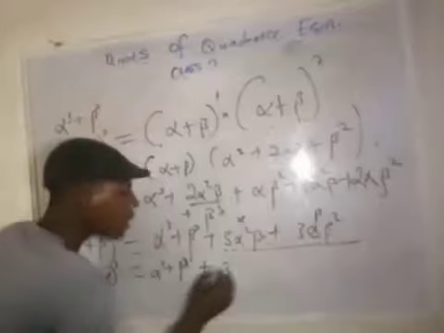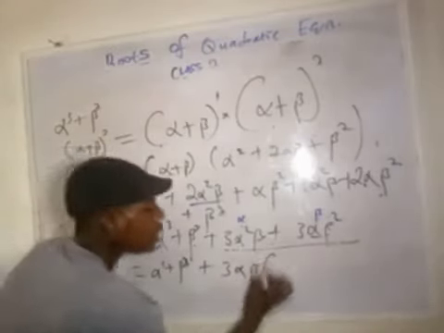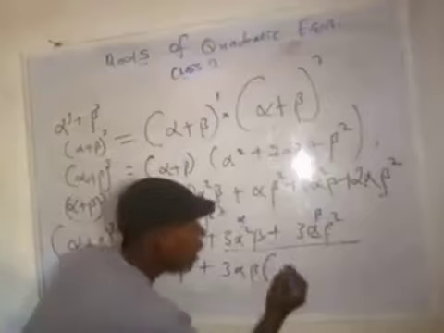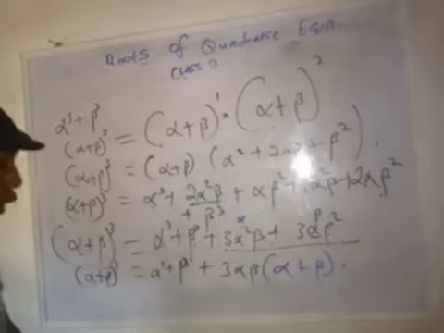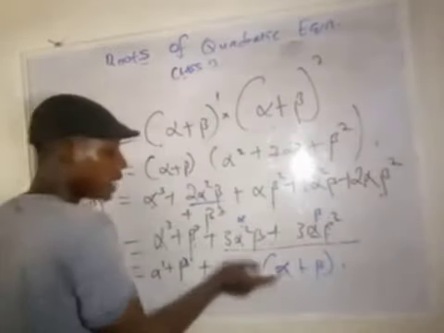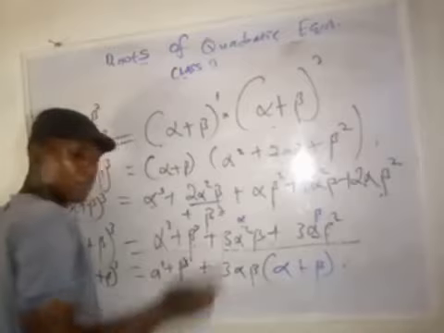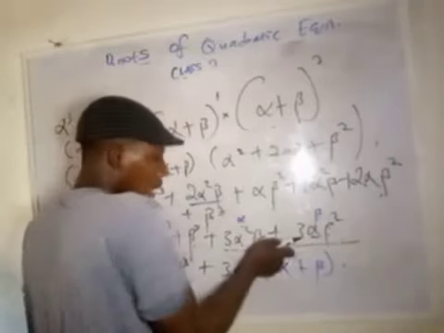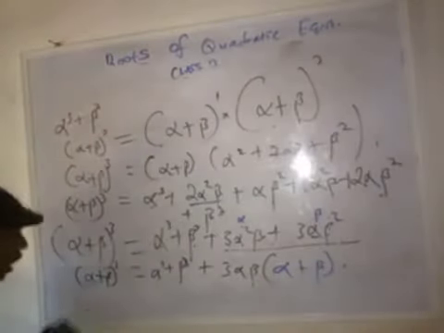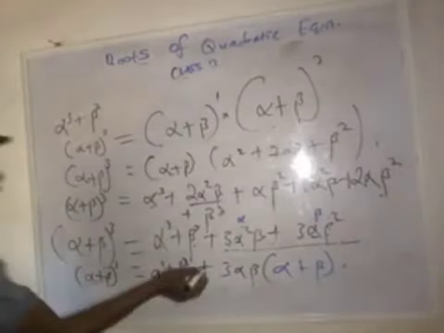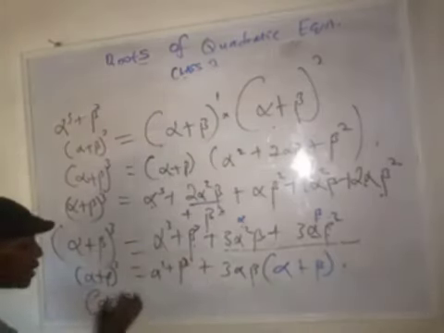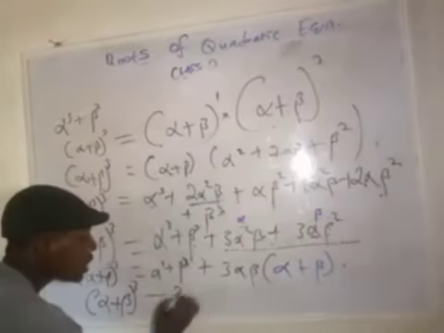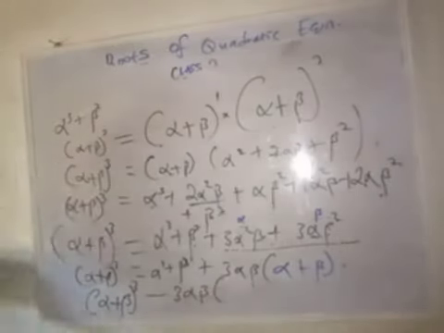And therefore, it's going to be in the form of 3 alpha beta into the bracket alpha plus beta. If I use this to multiply this, I'm still going to be getting 3 alpha squared beta. And if I use this to multiply this, I'm still going to be getting 3 alpha beta squared. And therefore, since I know that, I will put this to this side, and it becomes alpha plus beta cubed minus 3 alpha beta